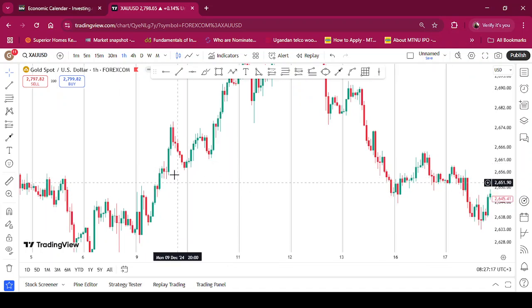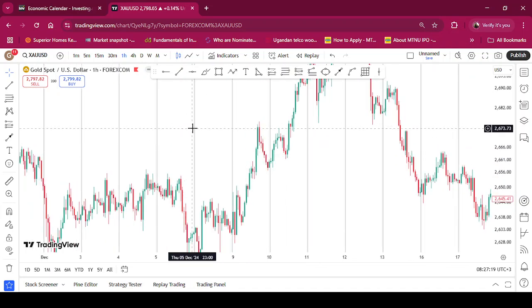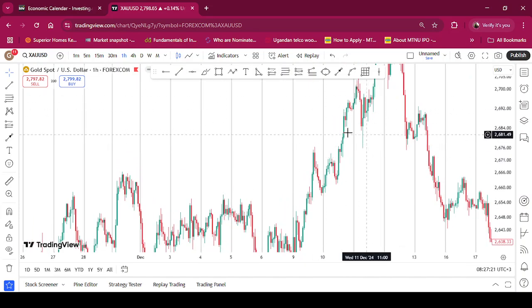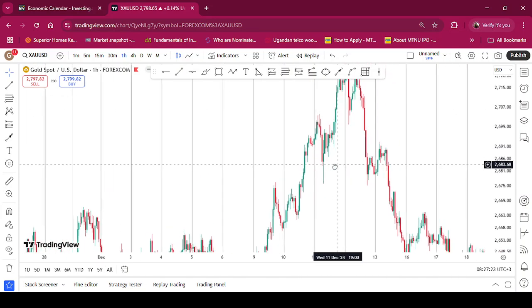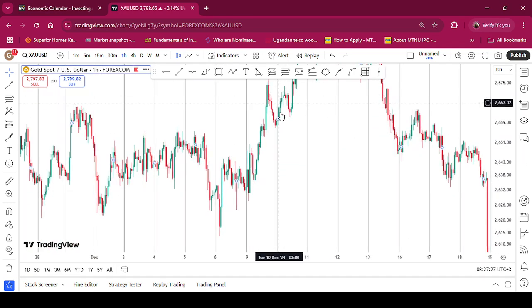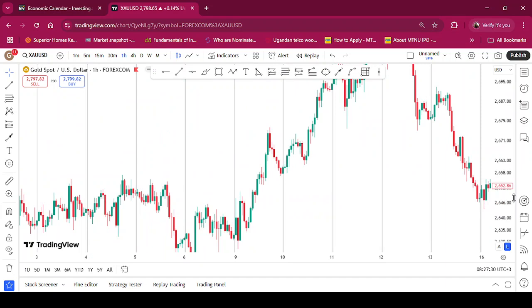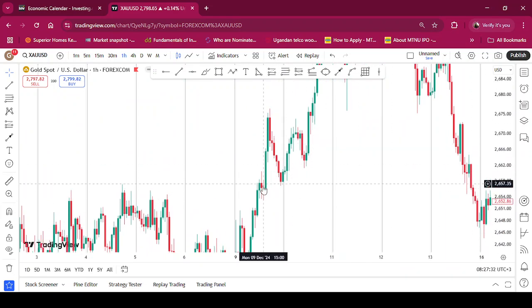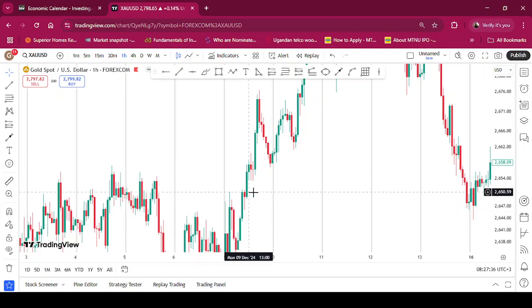So once you see such a trend, just look for a very good liquidity grab. And once you get your first change of character, if the market's going to come back into those levels, please don't look for buys and then put your stop loss in such areas